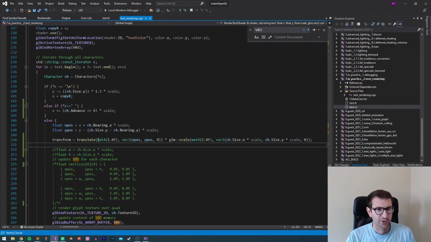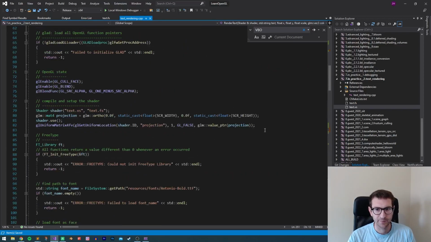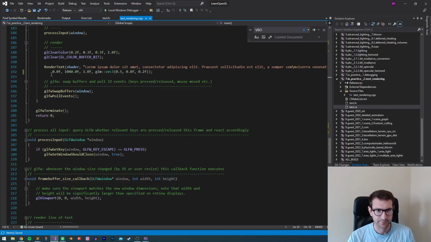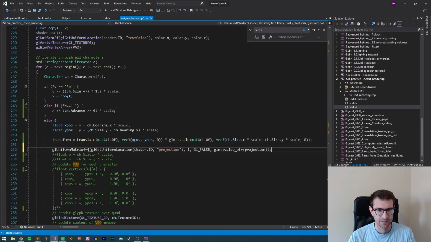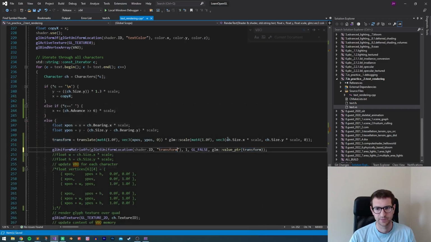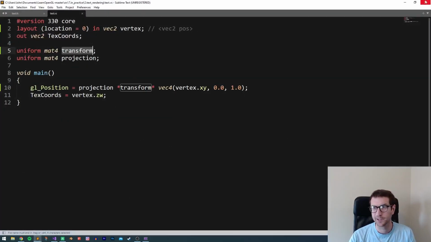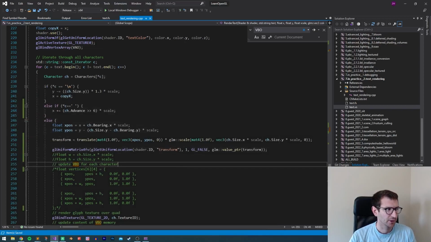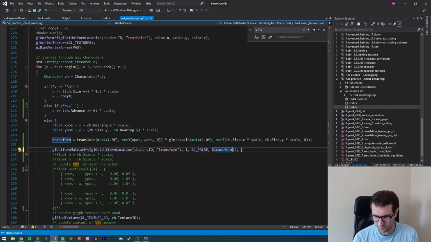Okay, so we set up our transform here, and once our transform's set, I'm going to make use of this. So we are going to set that mat4 with that transform. I like to use Sublime Text. Also, I didn't call this out for shader code rather than Visual Studio. The only other thing I'm going to change here is a personal thing. You don't have to do this at all, but instead of using this value pointer, which I'm sure works just fine, I just like going